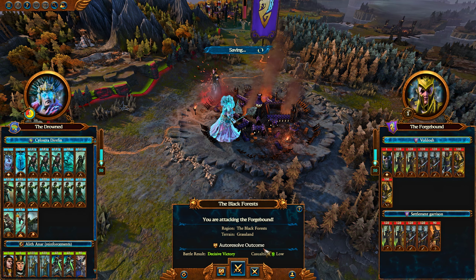It is a process. Alith Anar has a process. If there's a John Wick in the Warhammer universe, he's sure as hell that guy. I know. I got 20% upkeep already. I know. Oh, jeez. This campaign, man. This freaking campaign